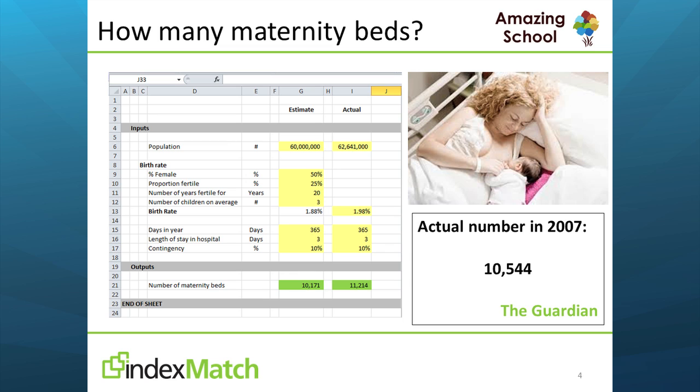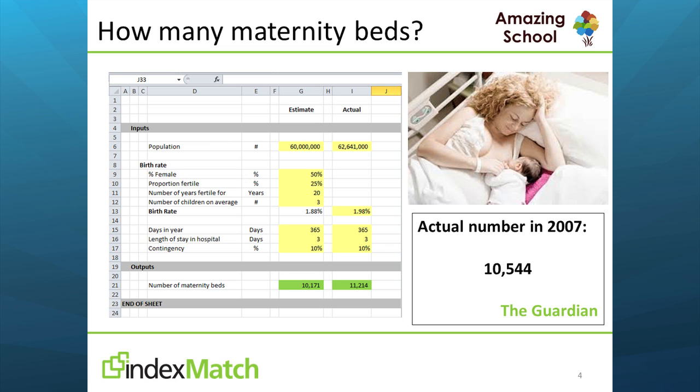So, in case you're all sitting there going, I can't listen because I need to work out how this is because I'm a mathematician and I need the answer. Here you go. I know you could all work it out in time. We just don't have the time. You can get within 10% of the actual answer just using the numbers in your head. You need to know the population of the UK, and you need to derive the birth rate, which, as long as you know that women have children and how many children they have on average and how long they're fertile for, you can get to, and you should have that.